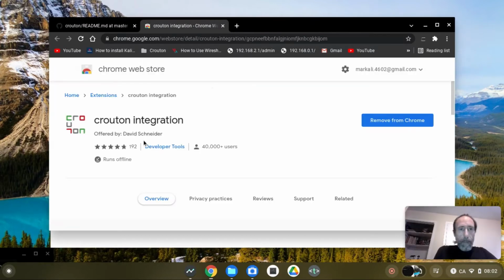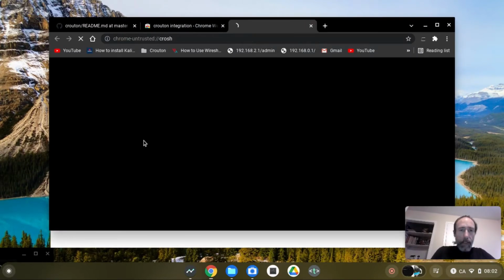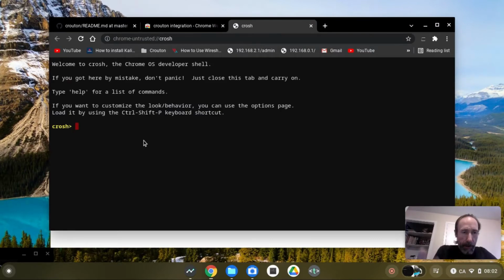Okay, so you see here what you can do. You type Ctrl-Alt-T, and here you are in the crosh shell, and you type shell. Now I am the user Kronos. If I go into my home directory and into the directory Downloads,